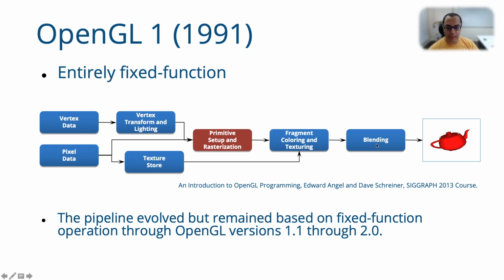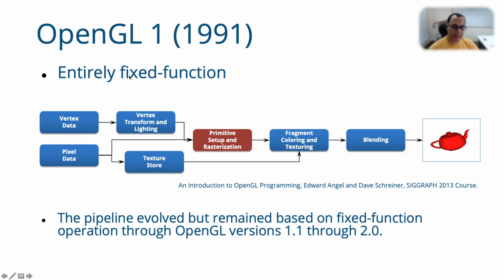Okay, this is the OpenGL pipeline. This pipeline was known as the fixed function pipeline because the stages of this pipeline, like transforms, primitive assembly, fragment coloring and blending, and so on, were fixed. What happened in these pipeline stages was fixed, and you could not change them. So you could not program this pipeline component.